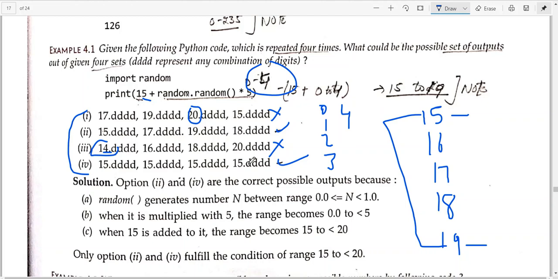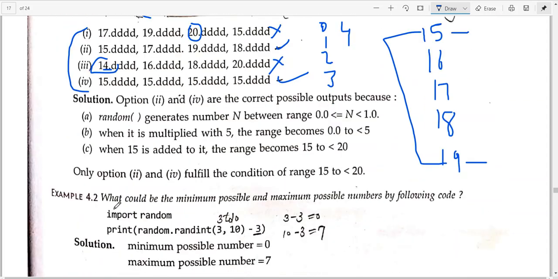So वो आपसे ये भी पूछ सकता है इसमें से क्या 2 इनवैलिड ऑप्शंस हैं, वो आपसे ये पूछ सकता है इनमें से क्या वैलिड ऑप्शंस हैं, और वो आपसे ये भी पूछ सकता है कि अपर एंड मिनिमम रेंज, what are the uppermost and minimum most range that you need to specify, that also can be a question out of it. Okay, next question you can see, what could be the minimum possible and maximum values, as I told you, numbers for the following code.